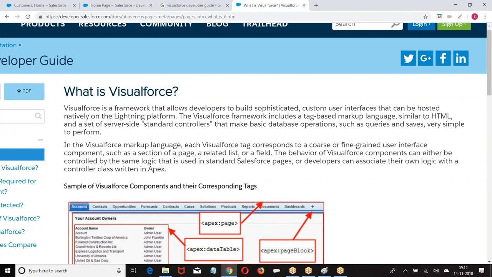Previously we said Force.com platform, now they replaced everything with the Lightning platform.